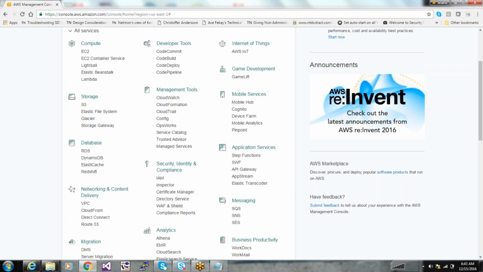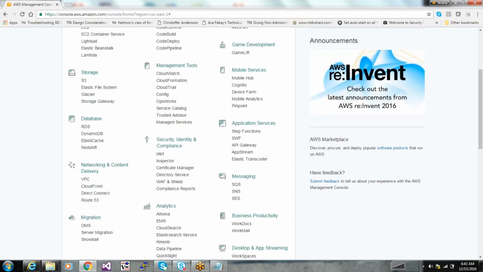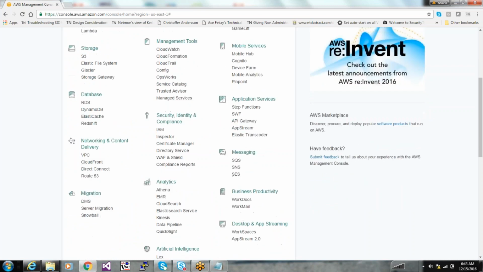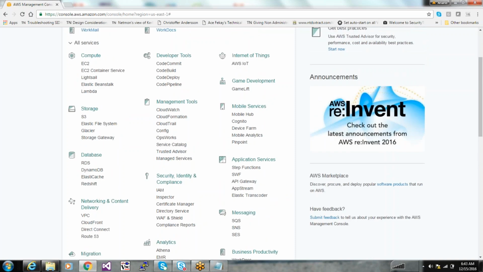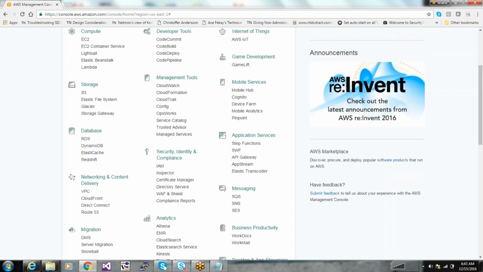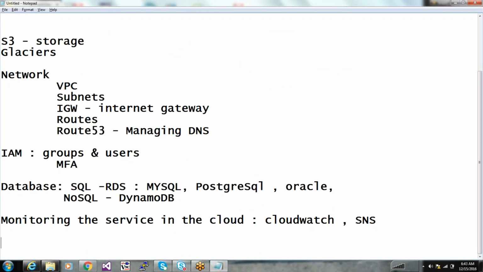So these are the things that you will see in the exam as far as the Amazon Web Services Solutions Architect Associate is concerned. The rest of them, you see a lot of these services here, like Lambda, GameLift, Amazon Internet of Things, Step Functions. Every week they come up with a new service, and not all of them can be covered in the exam. In the exam, they'll cover just these.